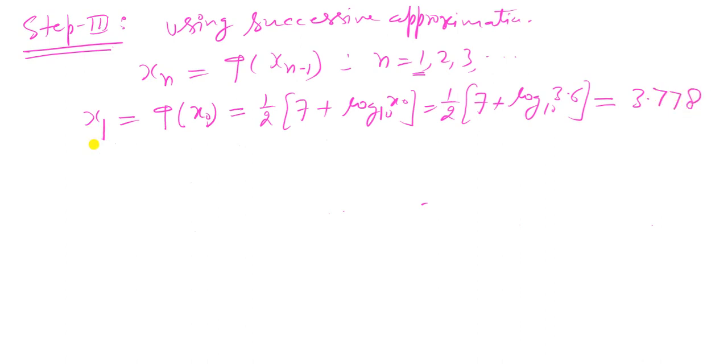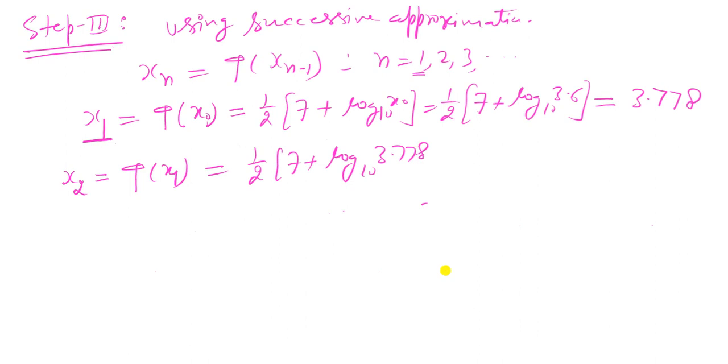Now when we compute the second approximation, which is denoted by x2, we keep treating x1 as the initial approximation, that is, x2 is equal to phi of x1. So phi of x1 means 1 upon 2 (7 plus log 3.778 at base 10). Simplify this with the help of the calculator, then this value is equal to